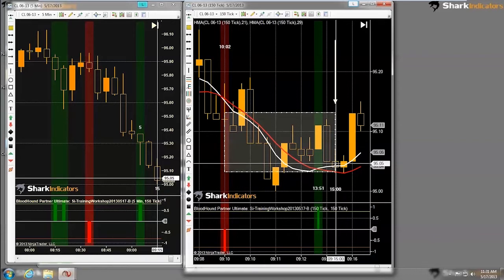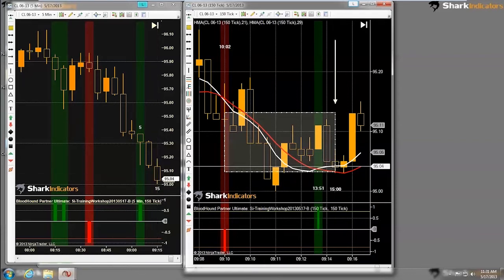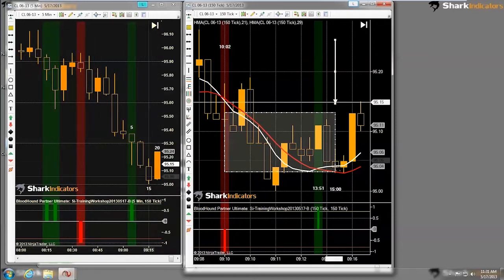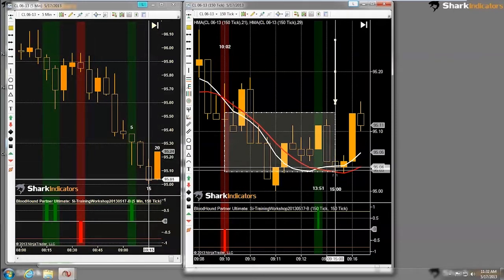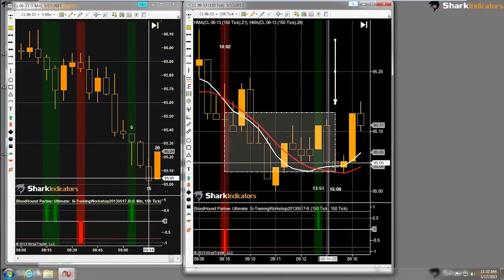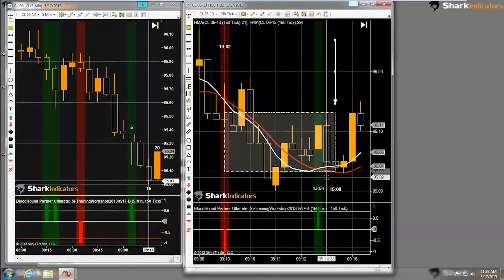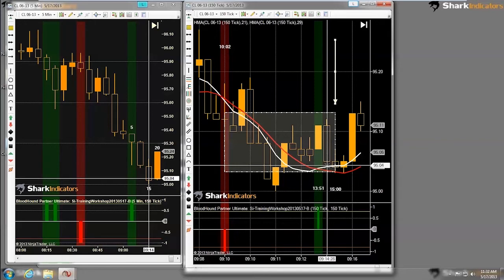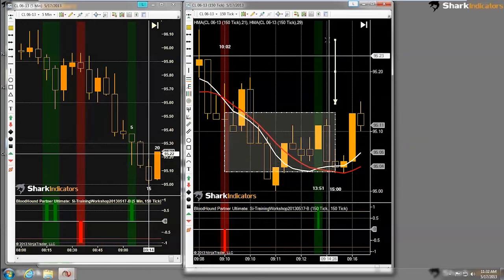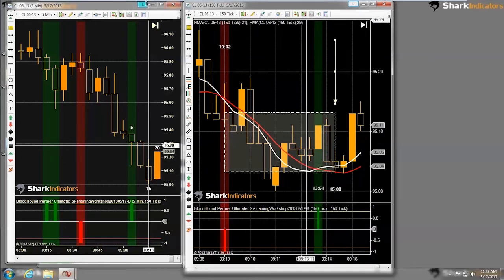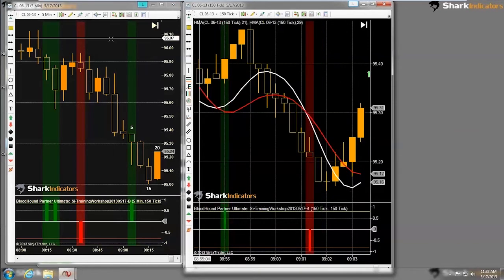And so NinjaTrader grabbed the data from this tick bar that's marked with the arrow and said, nope, there's no cross up, there's no cross down on this bar. And even if it looked back one bar, which it doesn't, it would still say, no, there's no cross up, no cross down. So that's the issue that you will encounter when you're putting BloodHound on a higher time frame